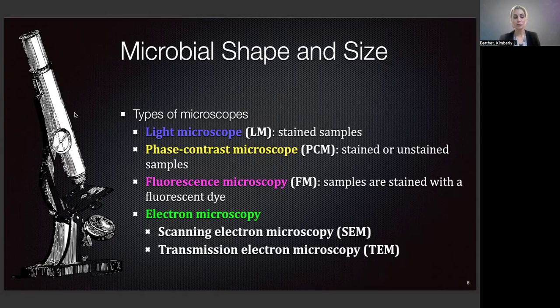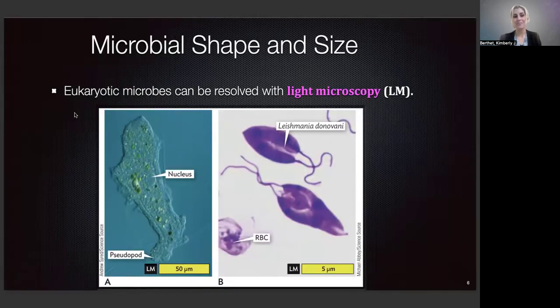Electron microscopy is really important because it uses electrons instead of light waves to create a higher resolution. We have SEM, which is scanning electron microscopy, and we have TEM, which is transmission electron microscopy, both of which use electrons to amplify the size of the sample. Okay, looking at microbial shapes and sizes, again, we have all different shapes and sizes going from prokaryotic to eukaryotic